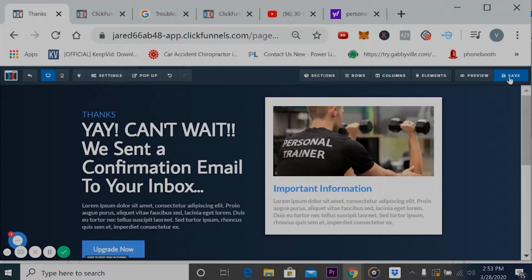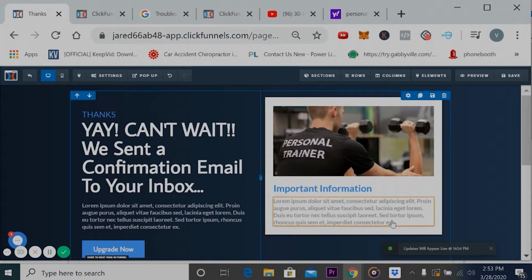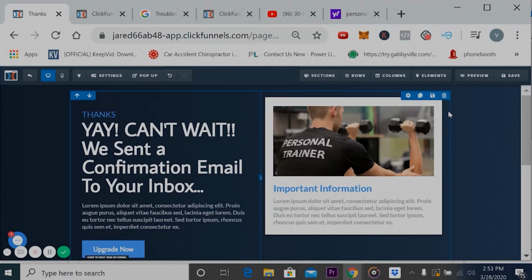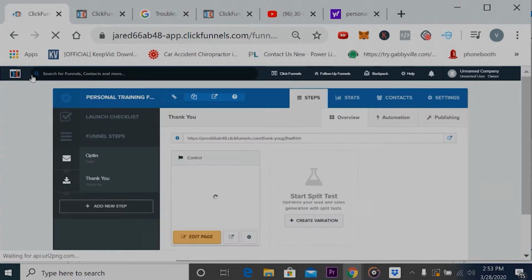Okay, that should change. Of course, hit save, and then put in whatever you want in these texts. Whatever you think is going to be valuable for the person that's entering this page. All right, so now once you have these two